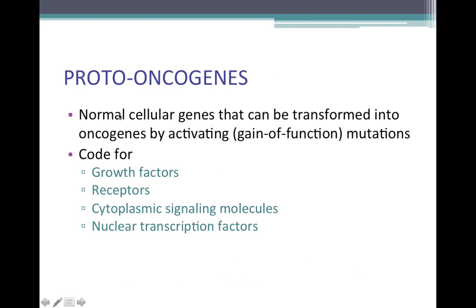Now, remember we said how proto-oncogenes usually encode for things like growth factors, receptors, signaling molecules, and transcription factors. And if these things become mutated and excessively overactive, all of these can contribute to the overgrowth of cells. Obviously, signaling molecules that cause your cells to divide, if you're expressing too many of those growth factors, then your cells will divide way rapidly. Or if you have more receptors for those growth factors, then your cells can be more sensitive to what few growth factors might be present. There could be some signaling molecules in the cell which cause your cell to divide, or transcription factors that can turn on or turn off cancer-critical genes.